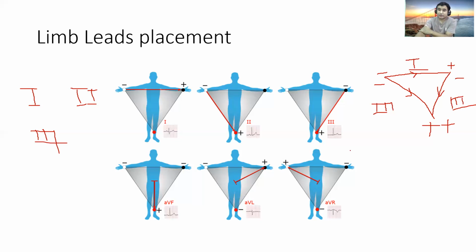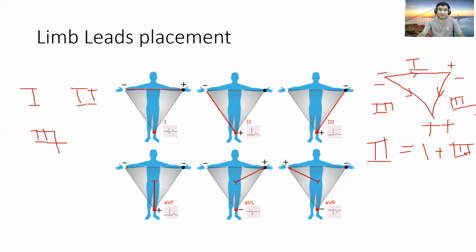As a rule, the voltage of lead 2 is equal to lead 1 plus lead 3. This is called Einthoven's triangle, and this is Einthoven's law; Einthoven is the father of the modern EKG. From this triangle, you can see that lead 1 looks at the heart from the left side, and lead 2 and lead 3 look at the heart from the bottom, from the foot. That is what you have to know.